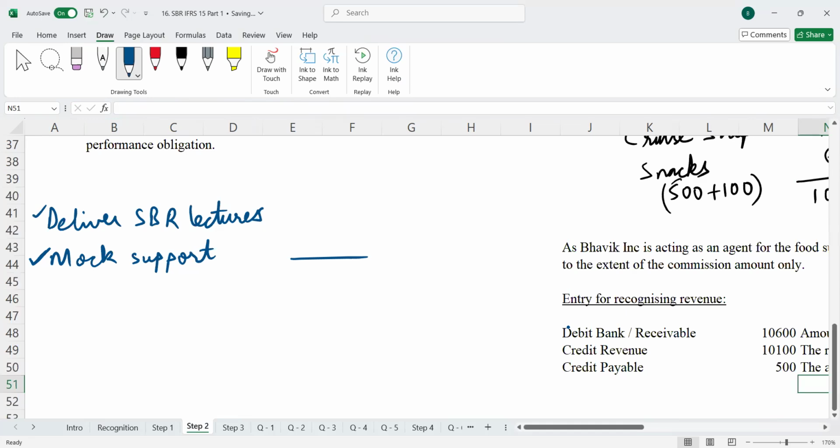Yes. Now mock support service. Can you take this mock support service from someone else instead of me? Yes, so that's what I'm saying. Now, let us say the fees that I charge was 50,000. So that is 40,000 towards delivering SBR lectures and 10,000 for mock support. Now, please try to understand what I am trying to say. I can say that both of these are separate performance obligations only when, number one, the customer